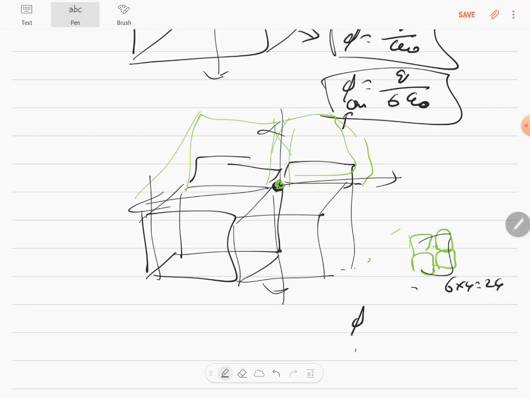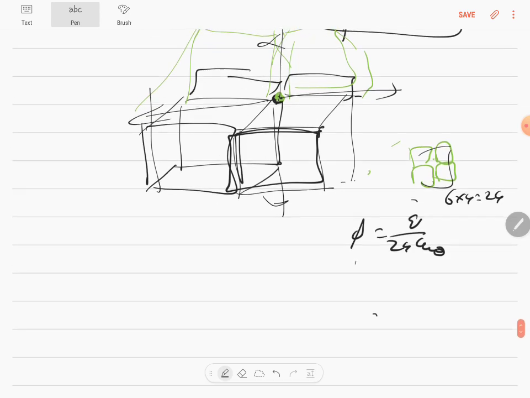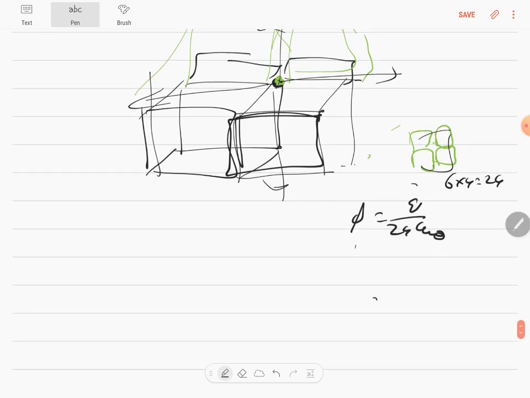And so the flux out of one phase, that is just this phase alone, will be Q by 24 epsilon naught. So that completes this question. So next question is the